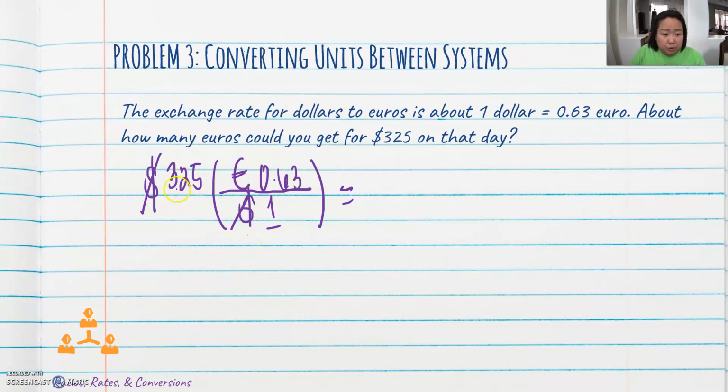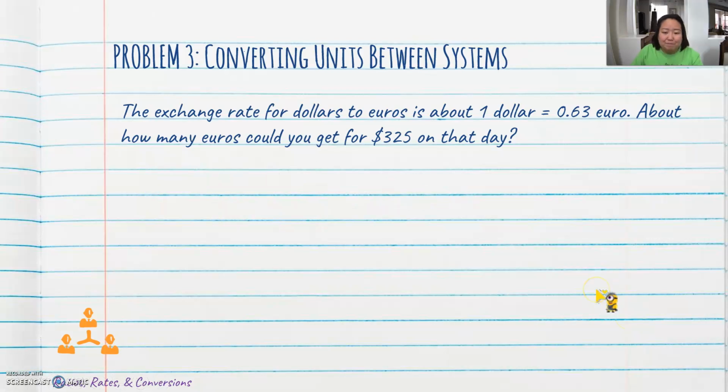When you multiply 325 and 0.63, that is going to be around 204 euros, 204 and 75 cents. There we go, 204.75 euros